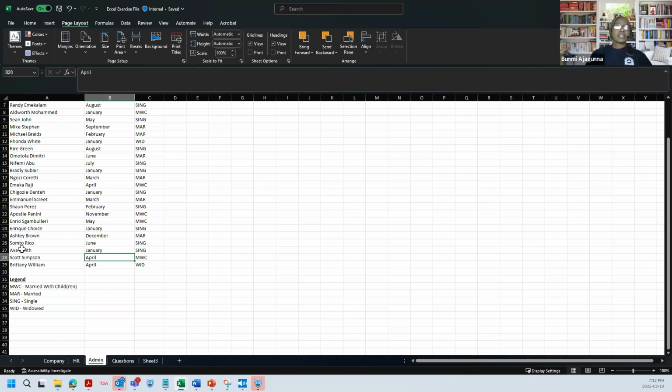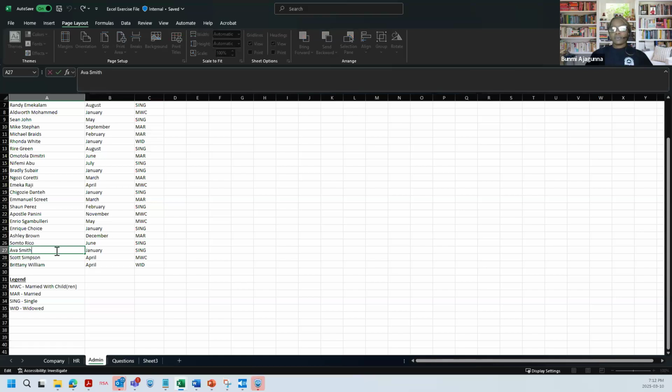When I change Ava Smith, instead of Ava Smith here, maybe when the admin was filling it out, it was Eva Smith with a V, right? Maybe she has an initial and we put Eva Smith here.